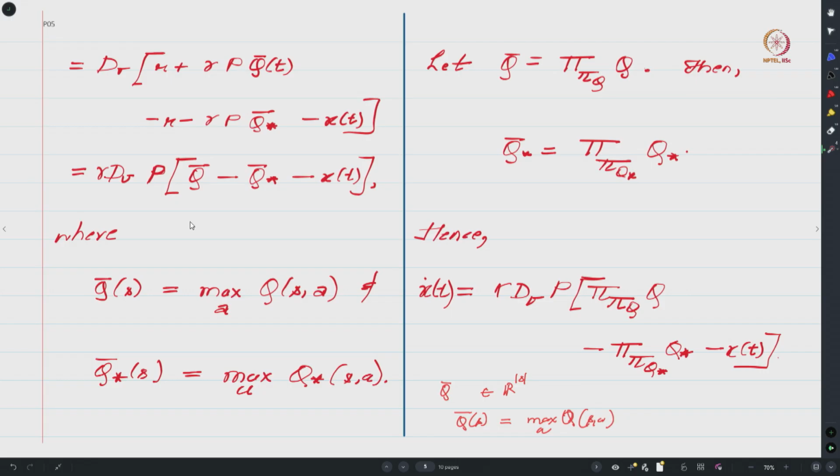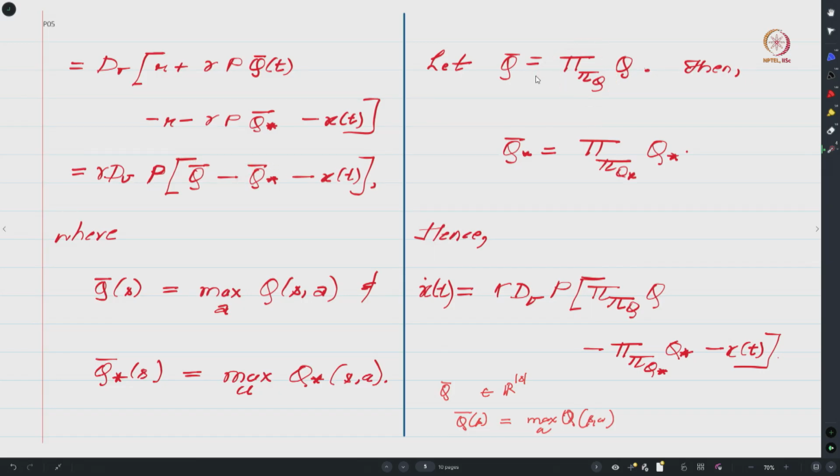Ideally I should put round bracket t here as well, but sometimes I will not write it so that the notation becomes slightly easier. So of course this is a constant, but this quantity indeed depends on t, right. So now what we will do is, instead of writing these bars, we will define